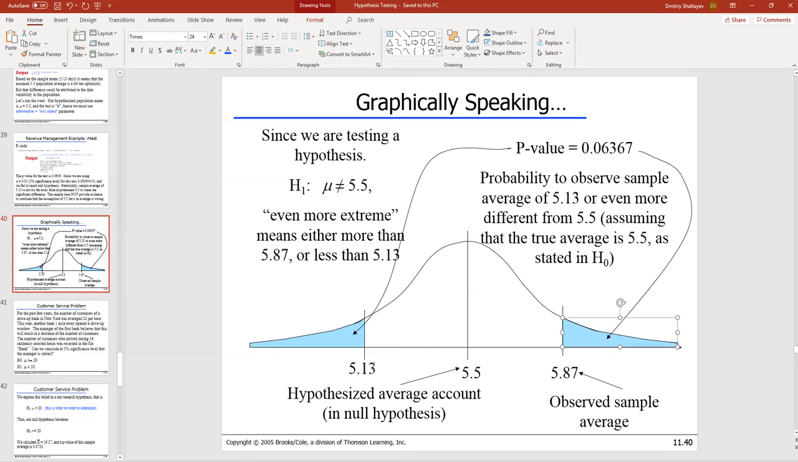Because again, by randomness, if the null is true, my sample could have been on the other end with just the same probability. So when we're testing hypotheses equal versus not equal, my p-value is the sum of the areas in both tails. If I take the tail in the left, below 5.13, and the tail above 5.87, the sum of these two tails will give me that p-value,